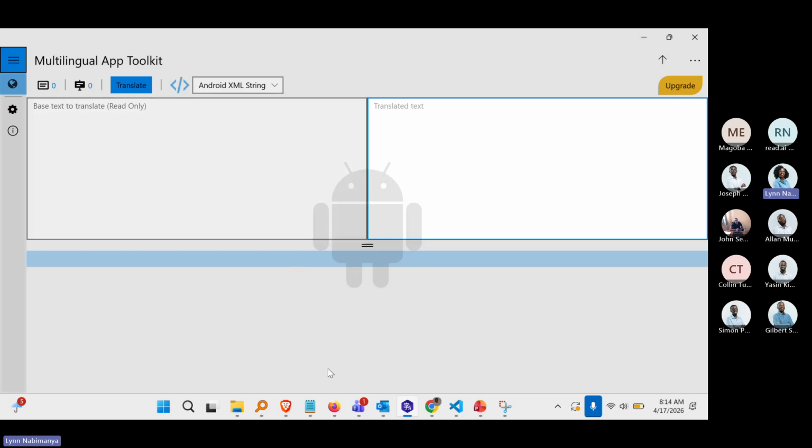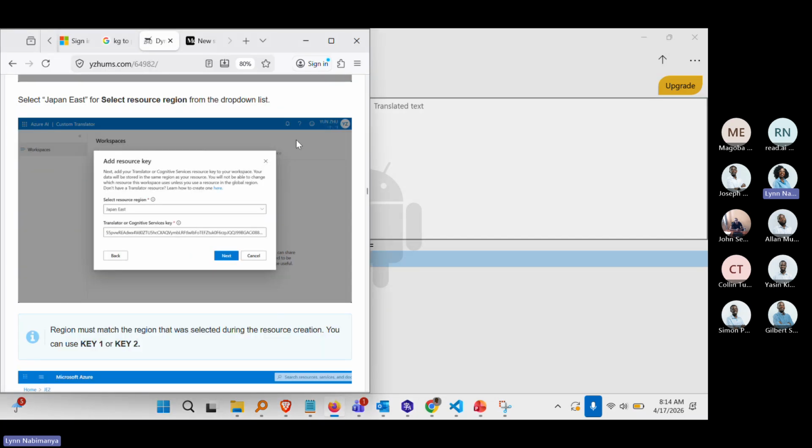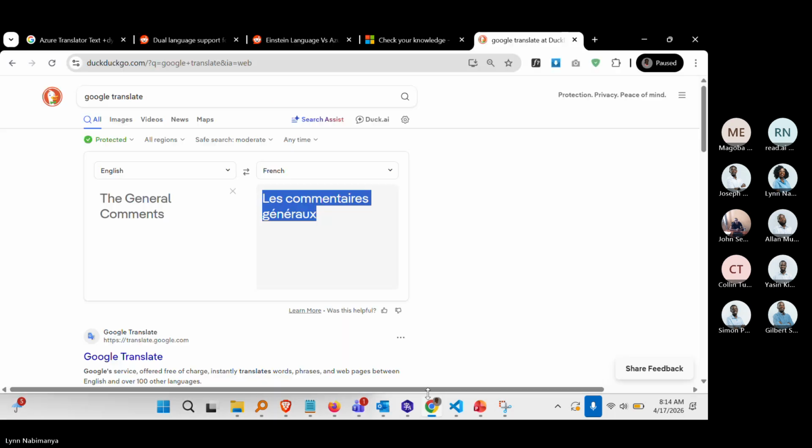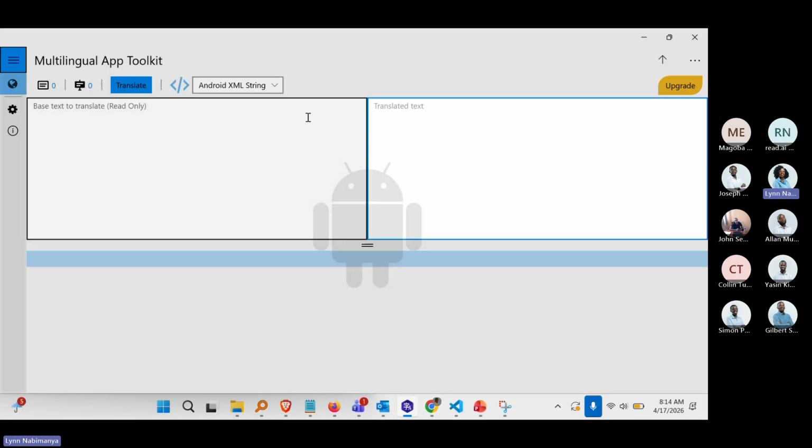It would simulate what we have here on Google Translate, where you populate your text and it is automatically converted for you. Unfortunately, this was discontinued in 2025. If you had already installed it on your machine, you would still be able to use it, but they're no longer releasing updates. But when you try to install it,